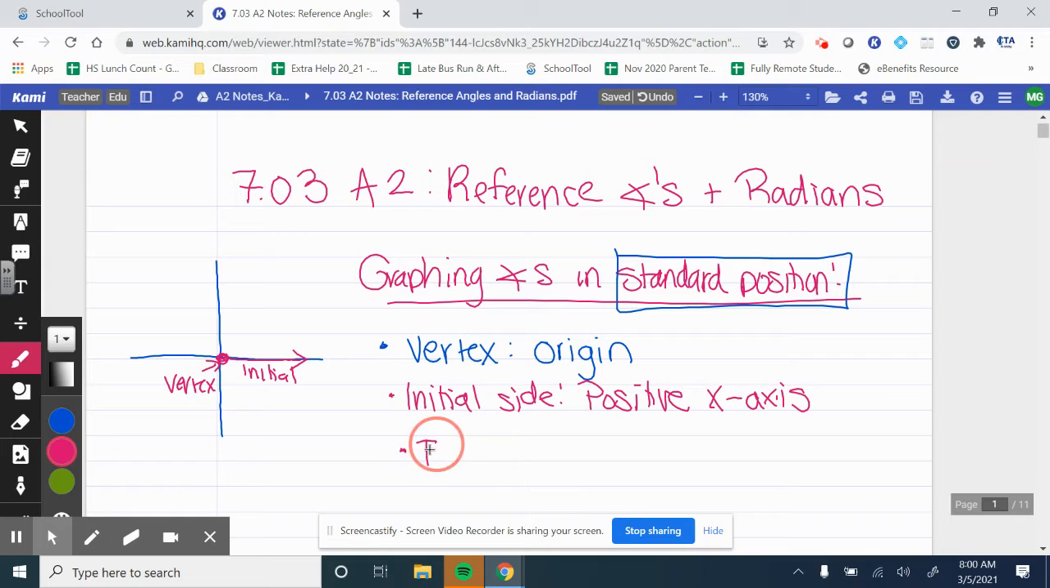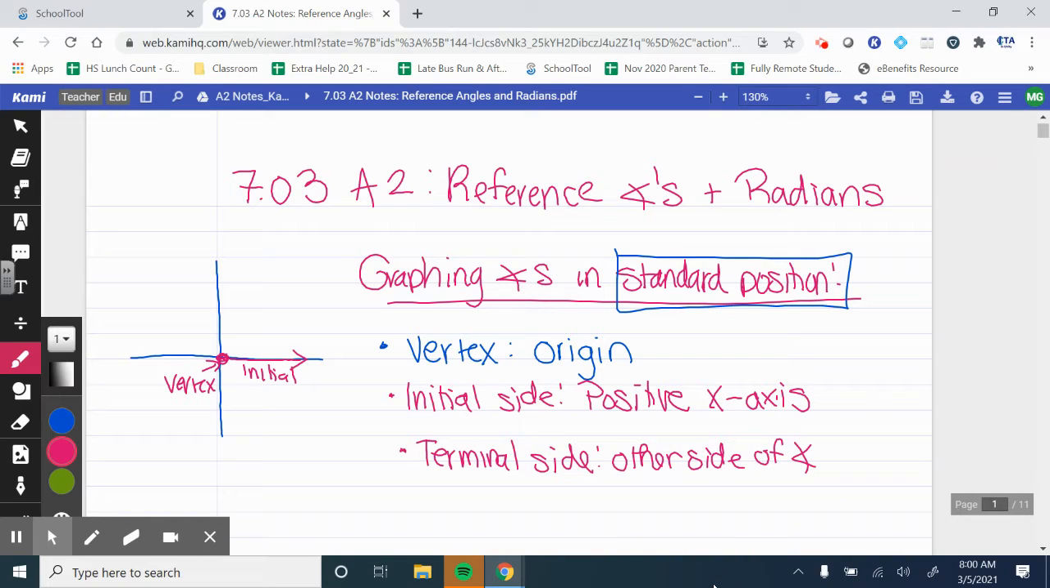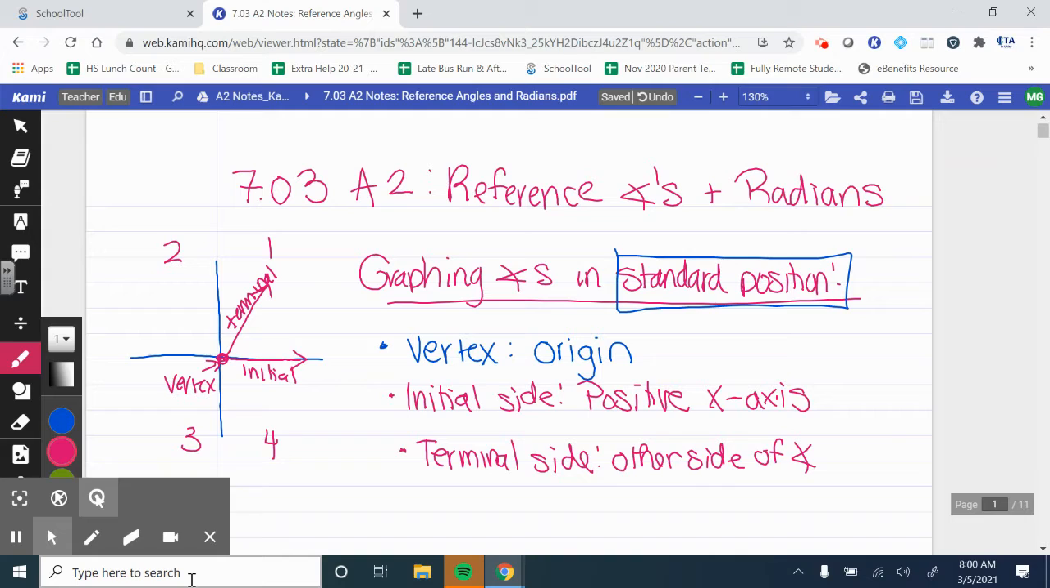And your terminal side will be wherever the angle ends. So just the other side of your angle. So if our angle terminates here, let's say this would be your terminal side. So that means it terminates in quadrant 1. Remember, this is quadrant 1, 2, 3, 4. It makes like a C when you number your